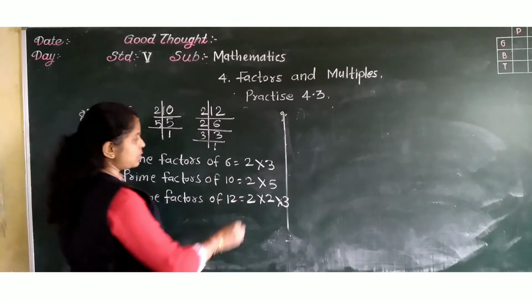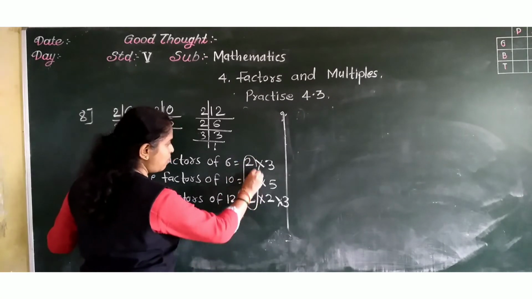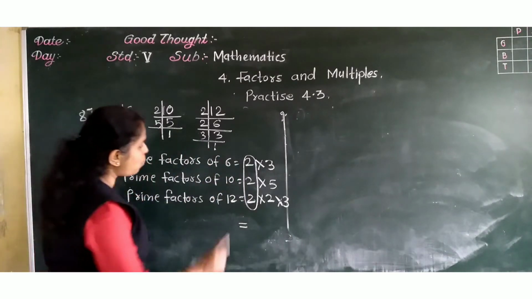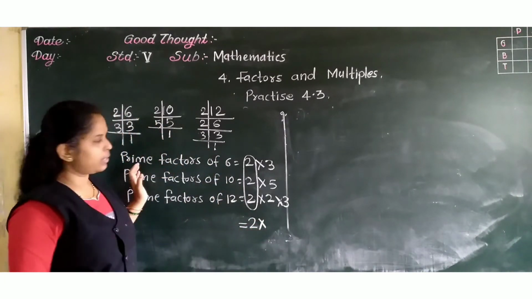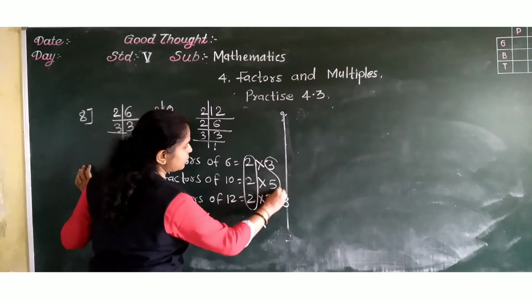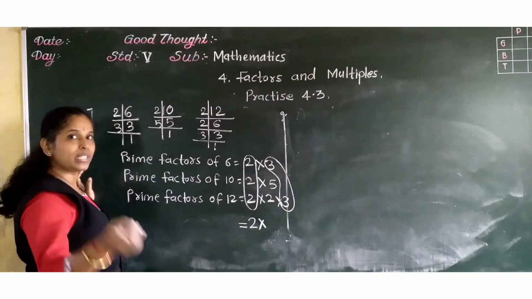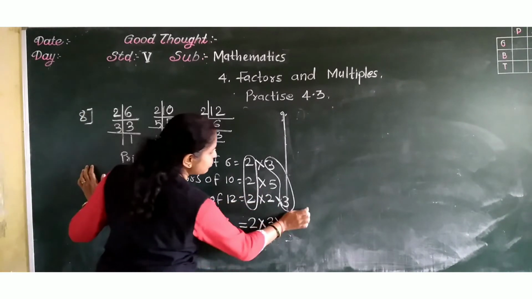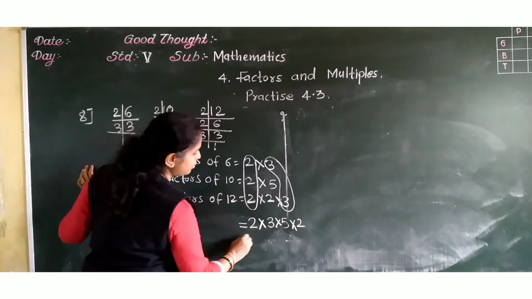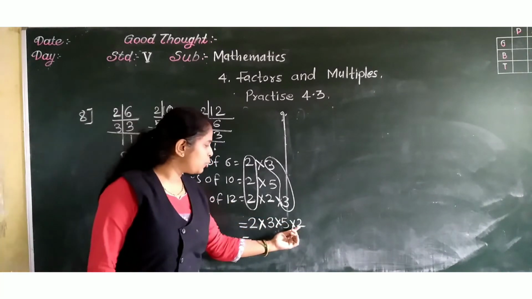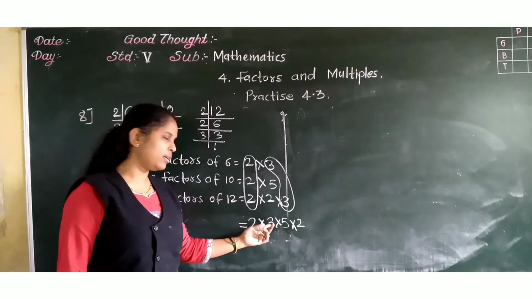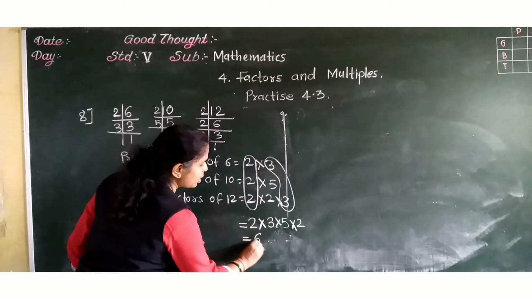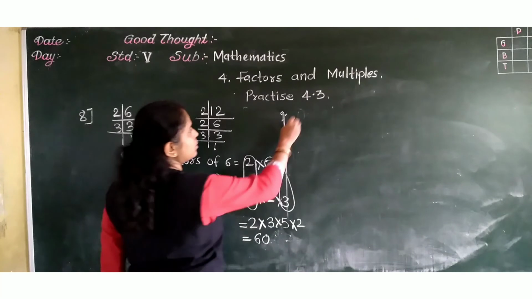Now what is our first work? To find out the common factor. See here 2, in all these 3 it comes. So one time only we have to write it. Then see 3, in these two numbers it comes. So that also we have to write one time only. 3 into. Now what are the uncommon? 5 into 2. Now see here multiply. 2 5s are 10. 10 3s are 30 and 30 2s are 60. So 60 what? Minutes. Correct?